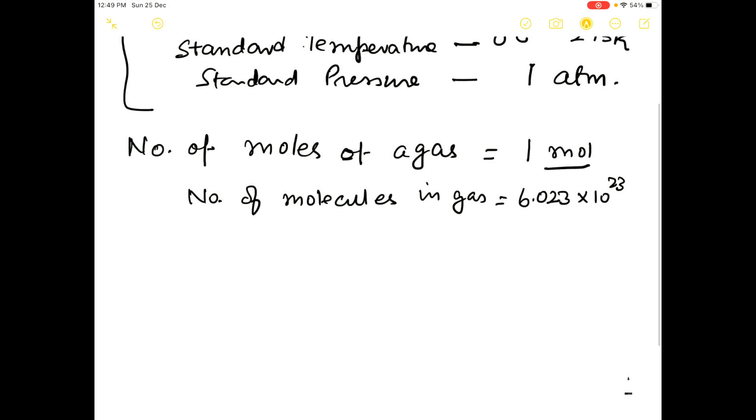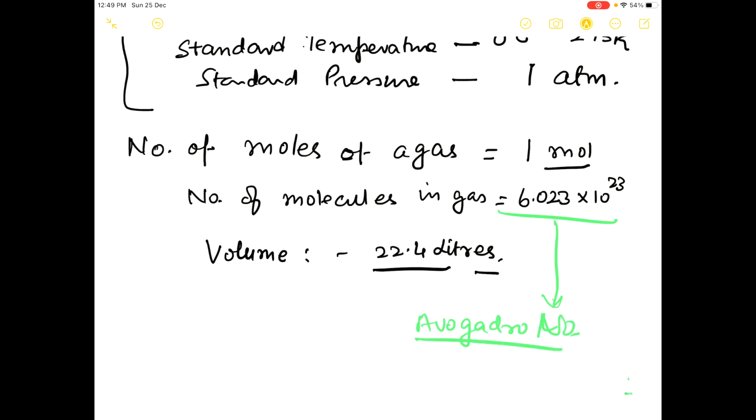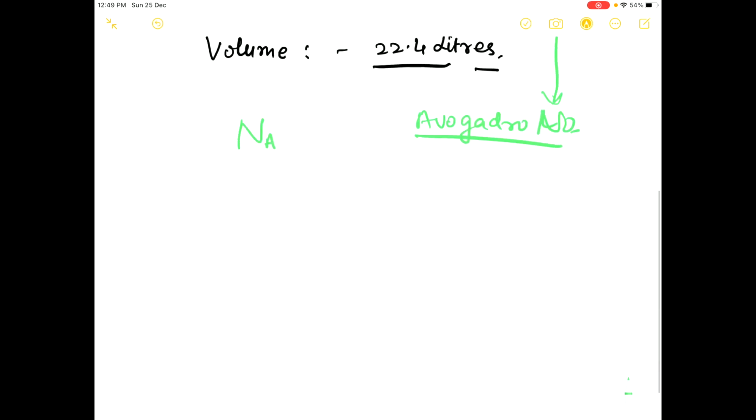This is the number of molecules, and its volume at STP will be 22.4 liters. This number is called Avogadro number, and it is represented by an A. So this is the Avogadro number,